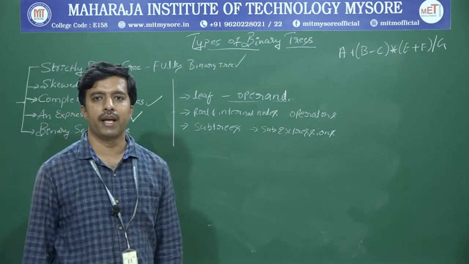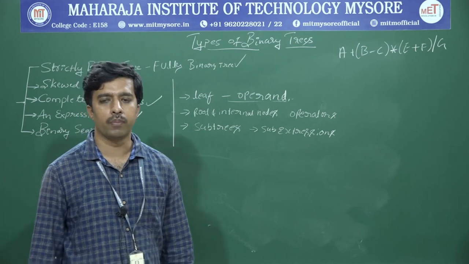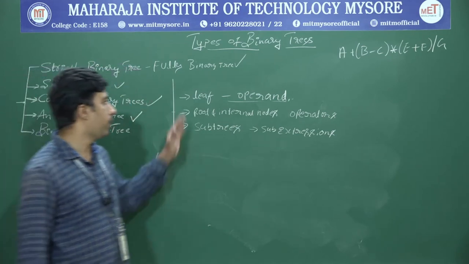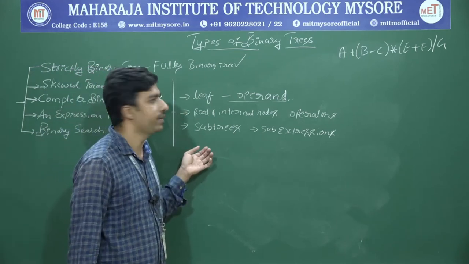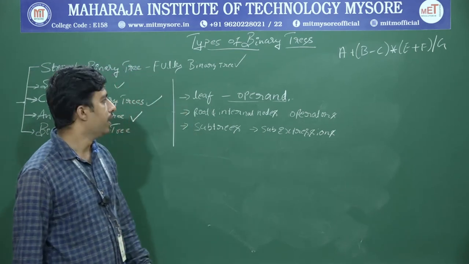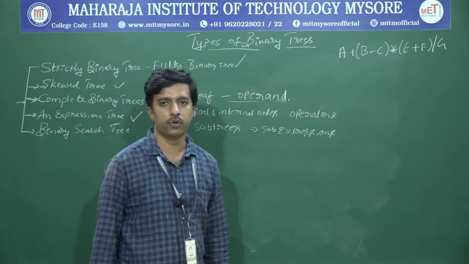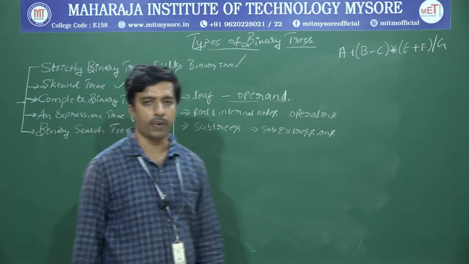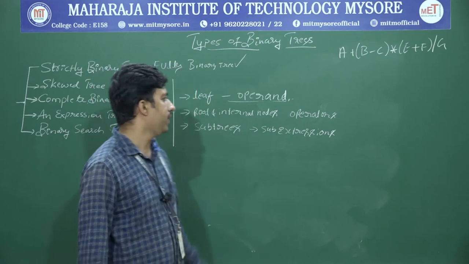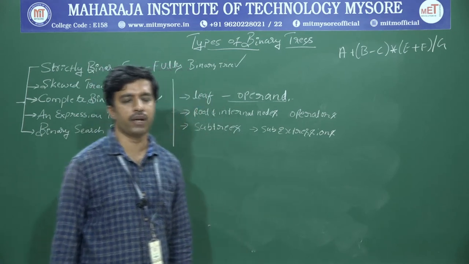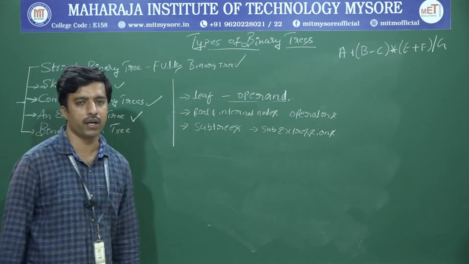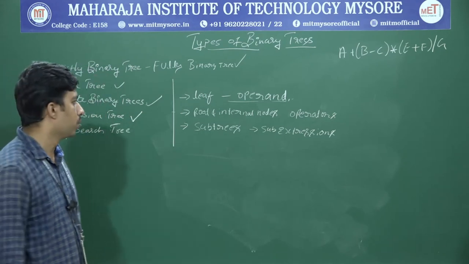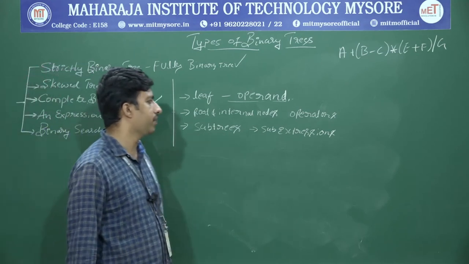Next topic is the expression tree. What do you mean by expression tree? An expression tree is a binary tree which follows these three rules. First, a leaf is an operand. Leaf nodes should be operands, and root or intermediate nodes are operators, and a subtree will be a sub expression for any given tree. A subtree represents the sub expression with the root.